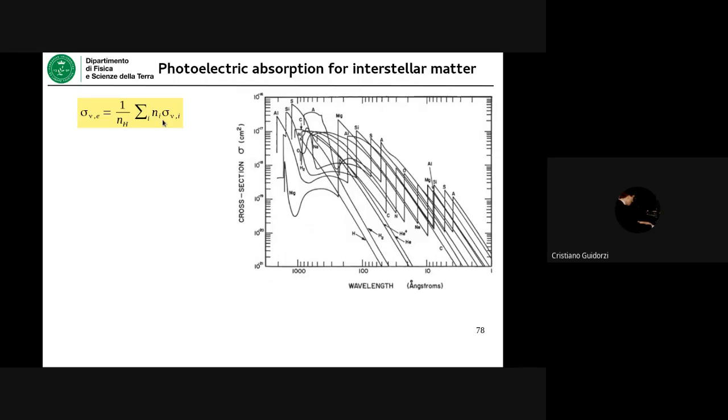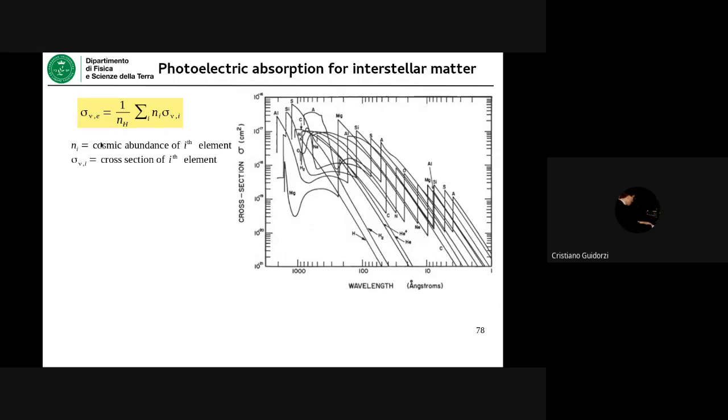Of course, the more you have of one single element, the correspondingly larger will be the relative weight of that element in the total resulting cross-section. And here the normalization 1 over NH, where NH is just the relative abundance of hydrogen, is a way to normalize the total resulting cross-section with respect to the abundance of hydrogen. Why is this useful? Because then when you know the abundance,